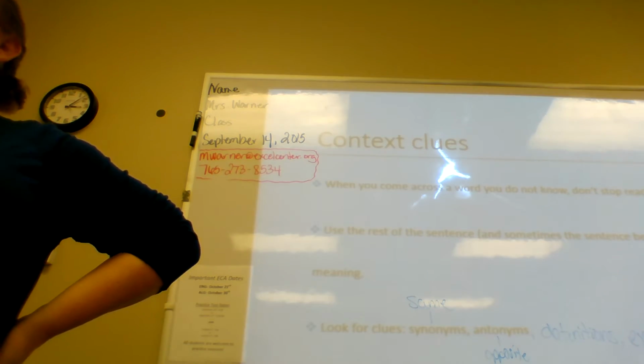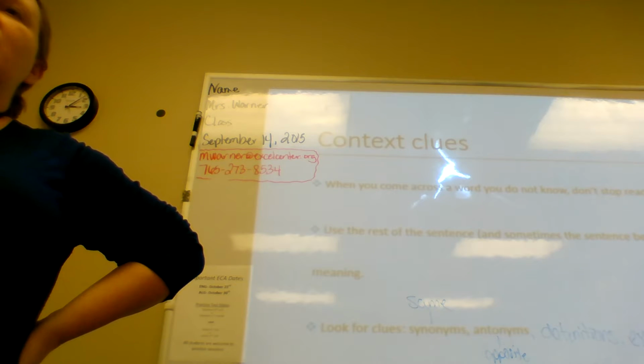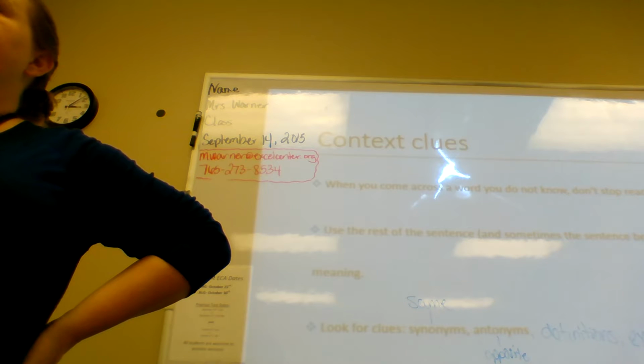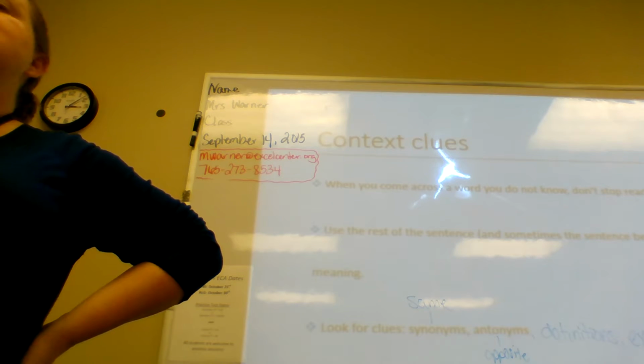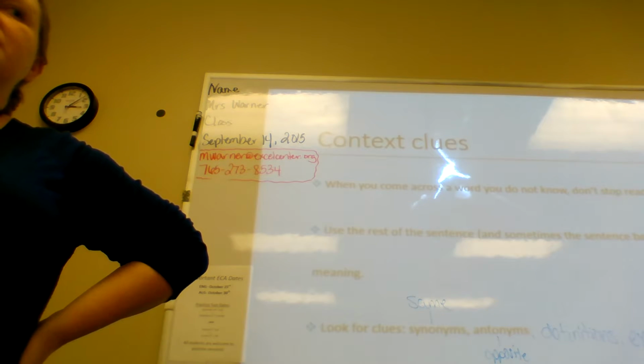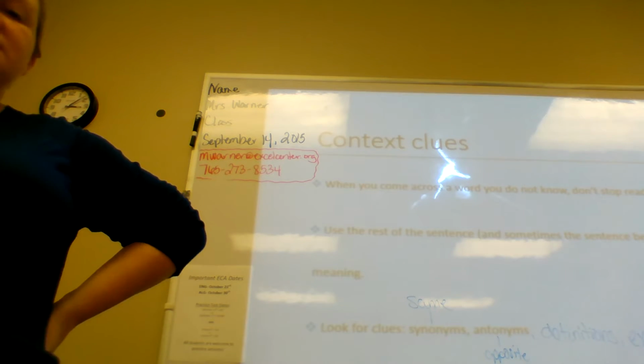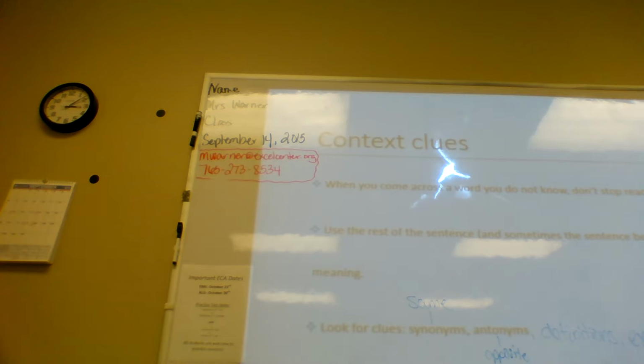So your vocabulary words are objectives, which mean what? Goals. And consequences. What does that mean? It's the result of an action. So just to give you an idea of what kind of questions you may have on the test, you're going to have some matching. So the first ones will be matching. On one side it'll have objectives, and the other side somewhere it'll have goals. You just have to mix those two up.